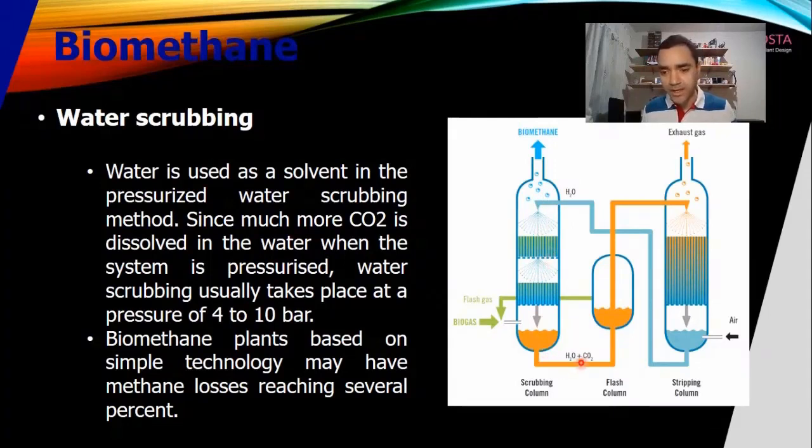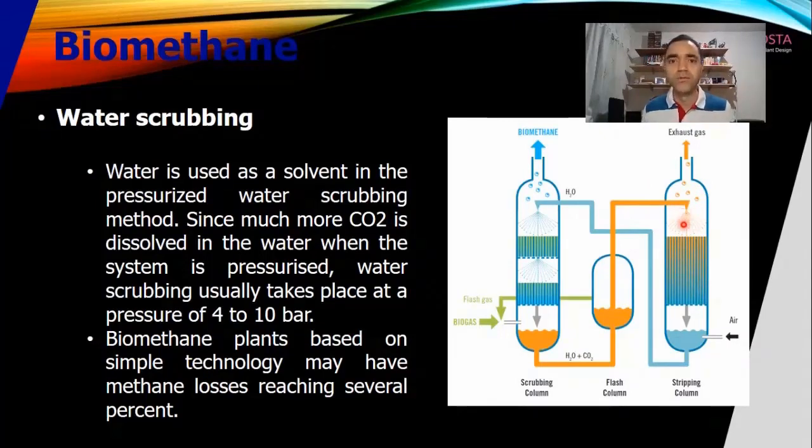the CO2, and the water plus CO2 will go to a flash drum or a flash vessel, and at an intermediate pressure we can release the methane that is also absorbed during this process in the absorber. And we use the flash gas to recirculate to our column in order to improve the recovery of the methane. And the water with the CO2 goes to a stripping column,